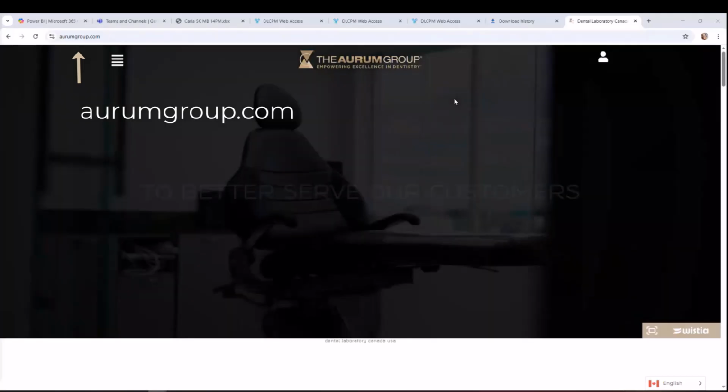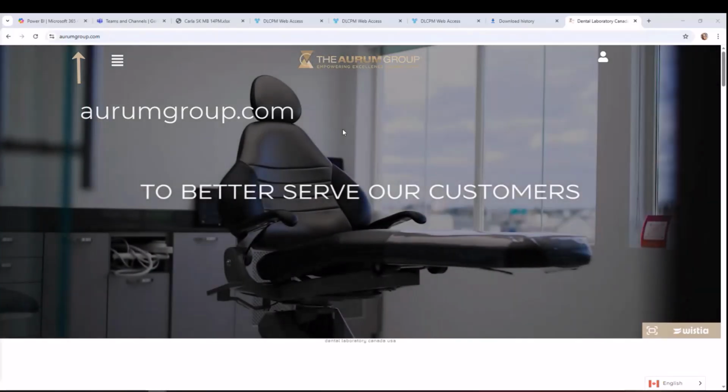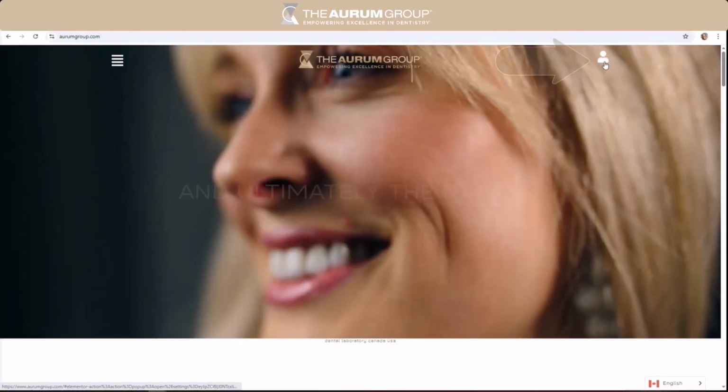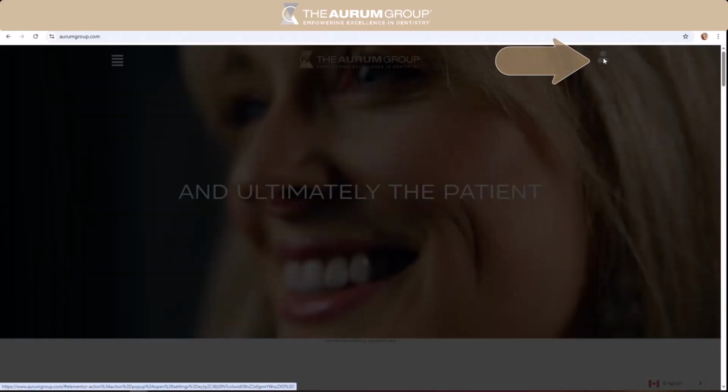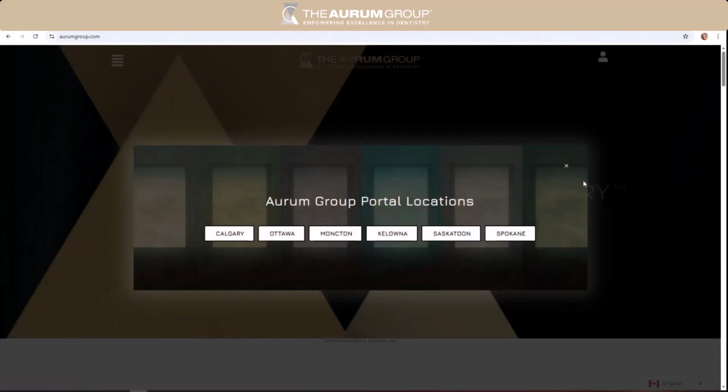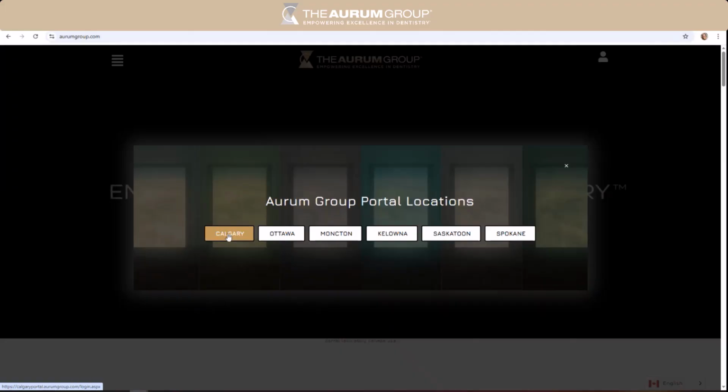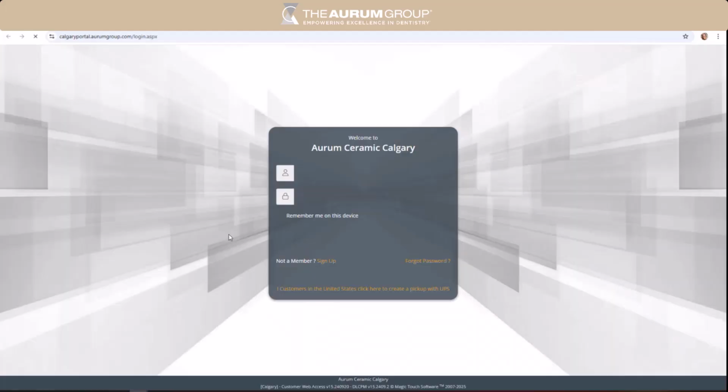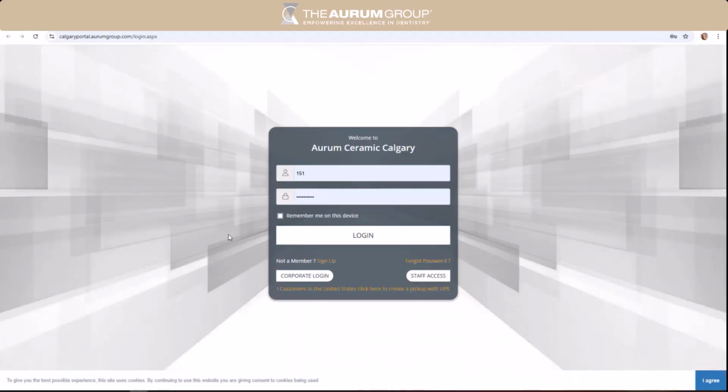To log on to the customer portal, go to the Aurum website, aurumgroup.com. On the top right-hand side, click on the person icon. Now you will see the portal locations. You can choose a city depending on which location you are working with. Let's click on Calgary. It will bring you to the website here for the customer portal, and you can enter